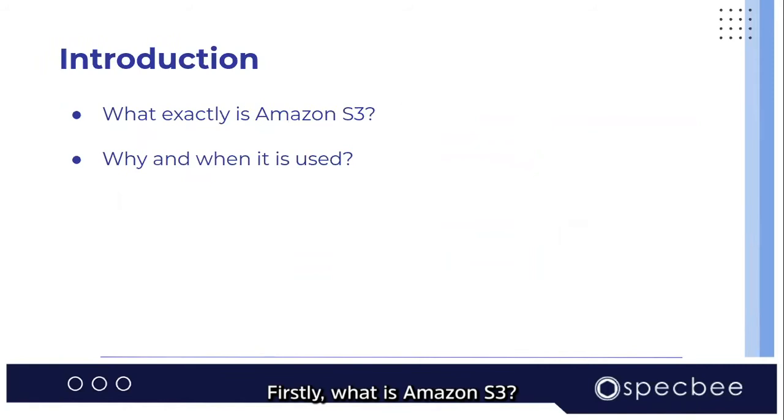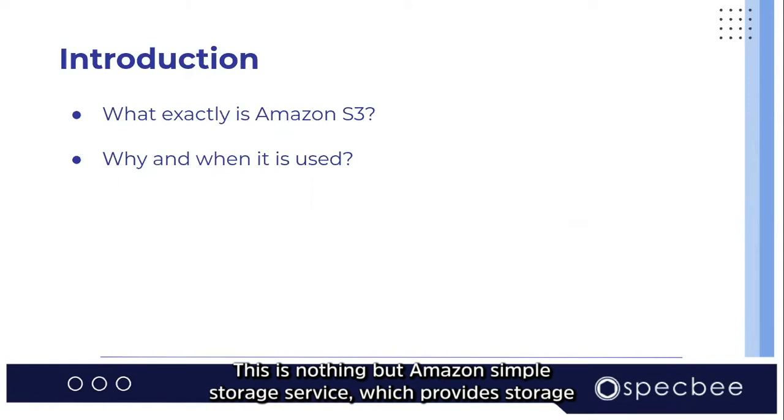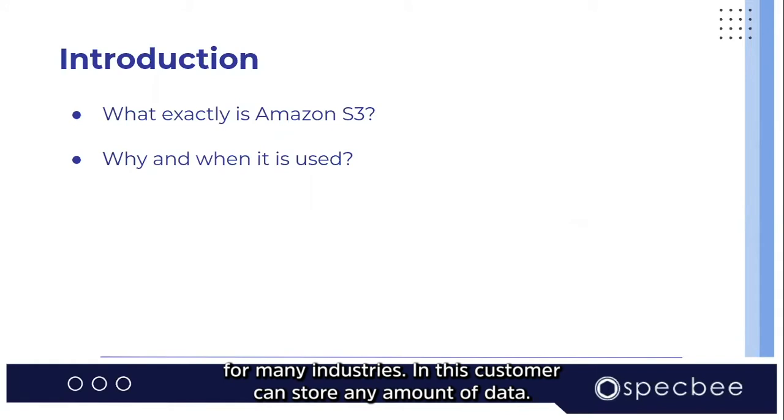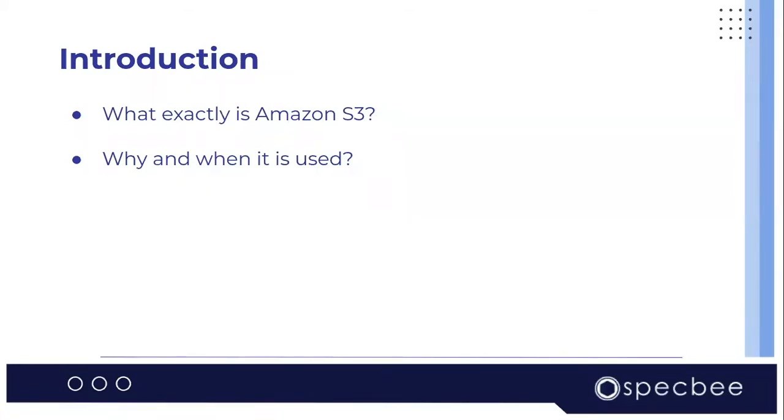Firstly, what is Amazon S3? Amazon S3 is nothing but Amazon Simple Storage Service, which provides storage for many industries. In this, the customer can store any amount of data. It also provides the ability to configure access permission to your data. It is mainly used when you have a lot of data on your site, which will take up your server space. And Amazon S3 has many advantages, such as